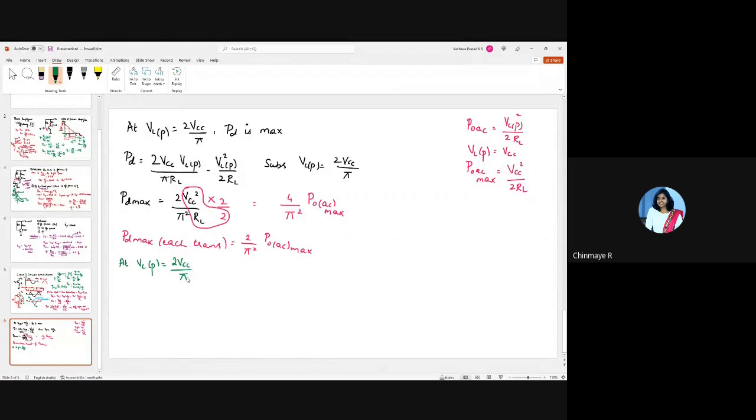That is when the output load voltage is such that the power dissipation in the transistors